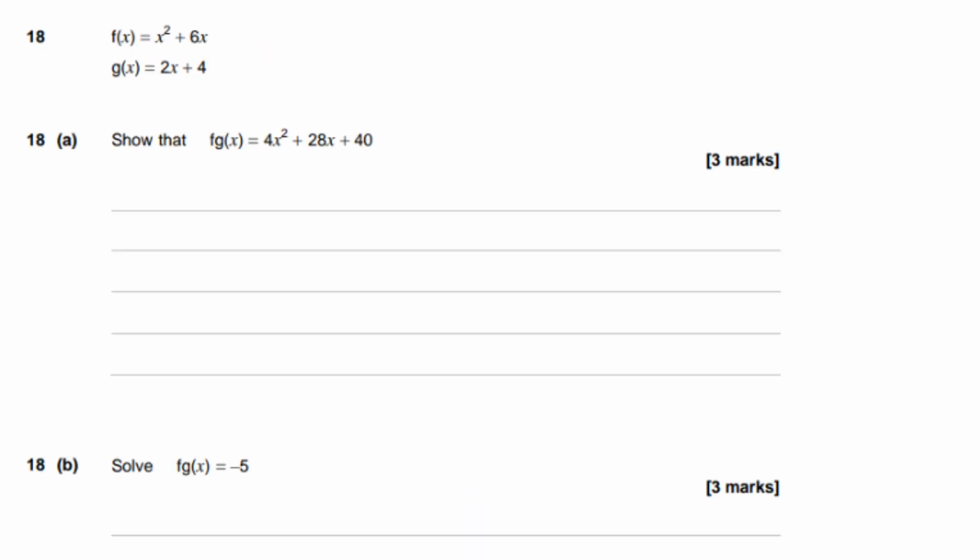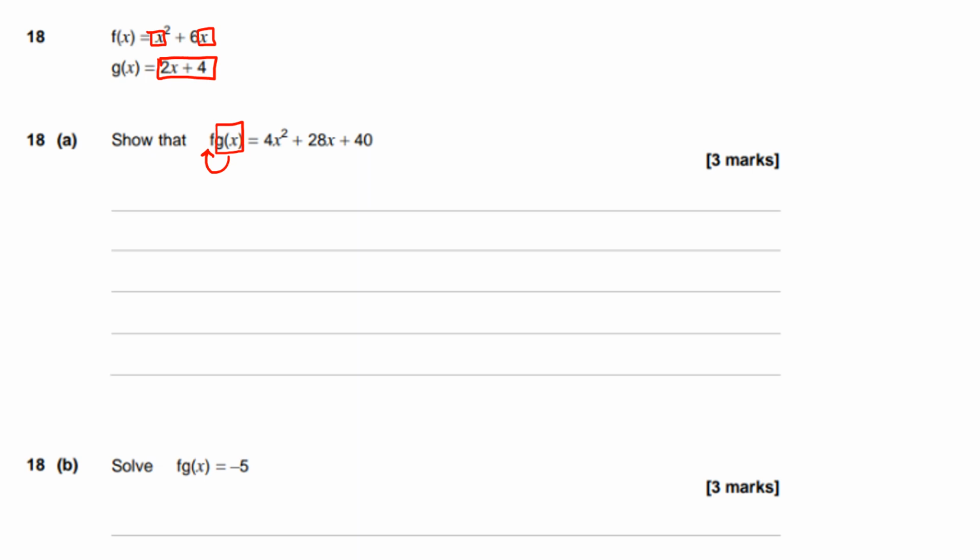Right, f of x and g of x is given to us. They would like us to show that f of g of x is going to be 4x squared plus 28x plus 40. So they want me to take g of x and substitute it into f. So this will be substituted in here and in here, and then I will have to do some expansion